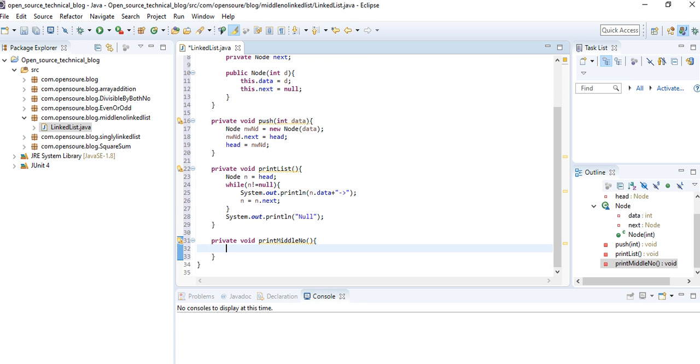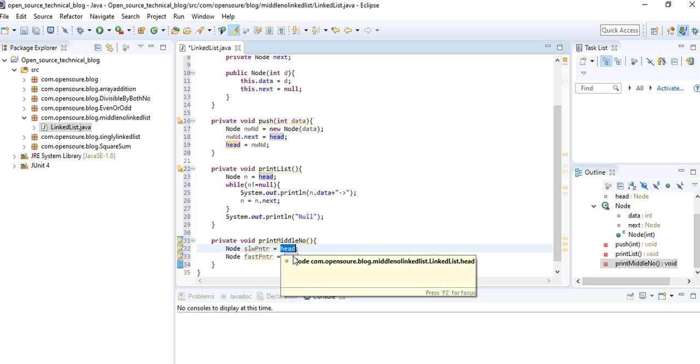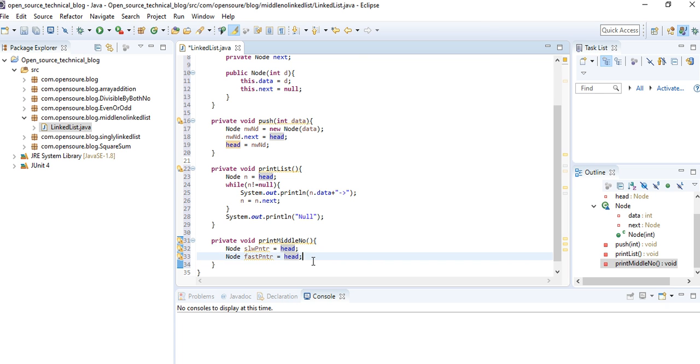One is fast, another one is slow pointer. So let's declare these two. Both will initially be at the head position, which is the first node.